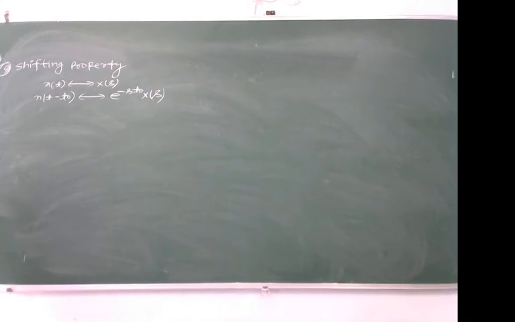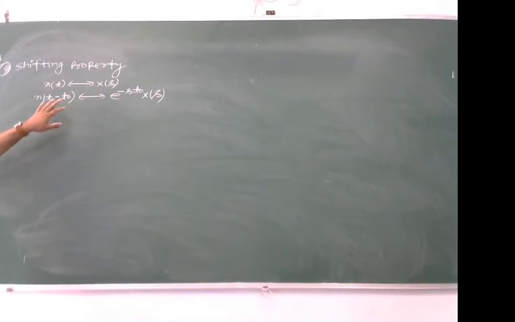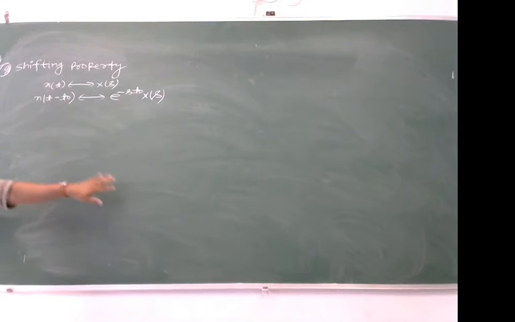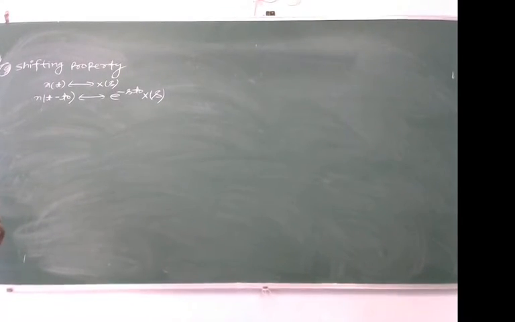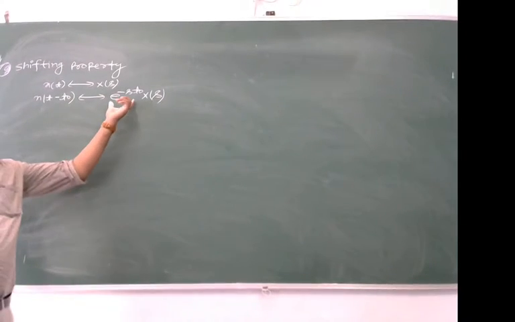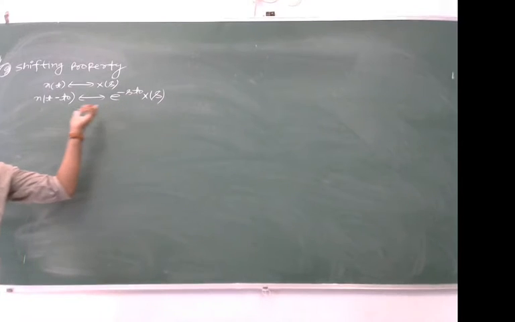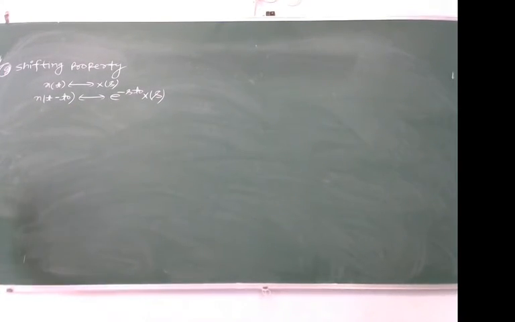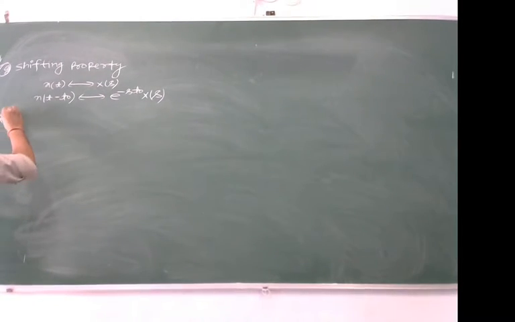Means if the Laplace transform of x of t is known, then we can find out the Laplace transform of x of t minus t naught without any extra calculation. We have to simply multiply the s domain by e power minus s t naught, and this will become the Laplace transform of x of t minus t naught. So we can find the proof of this property as